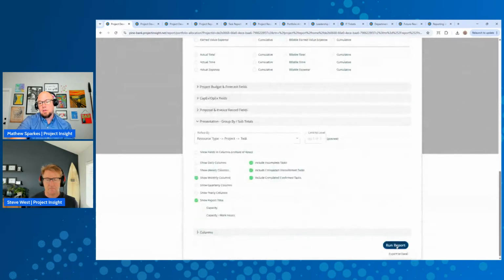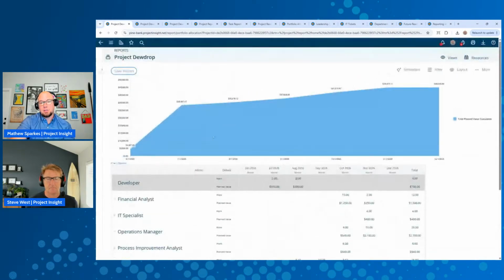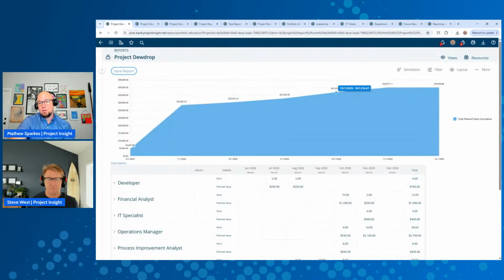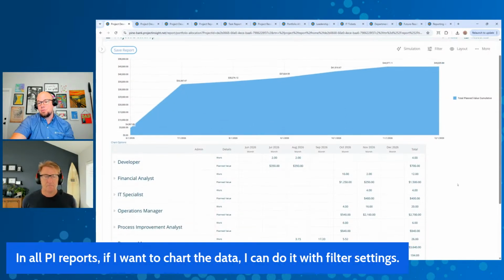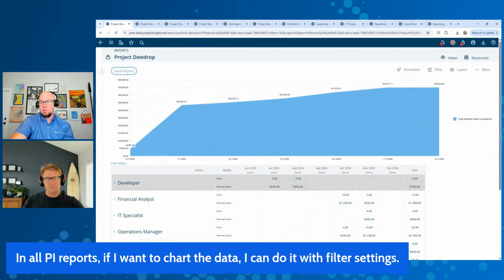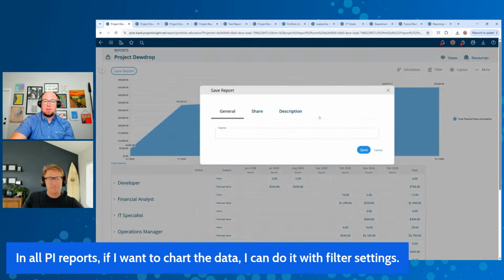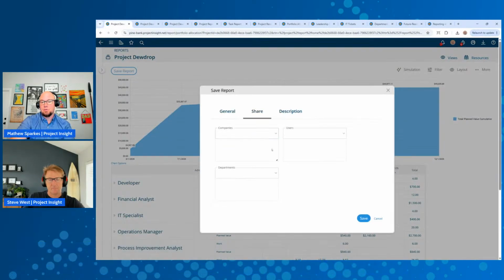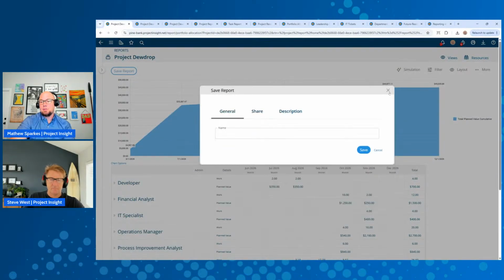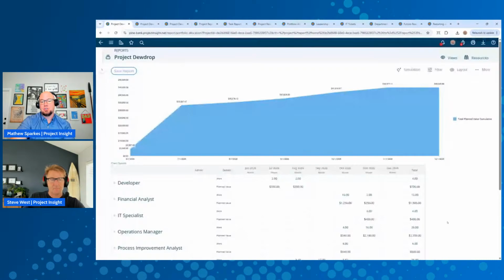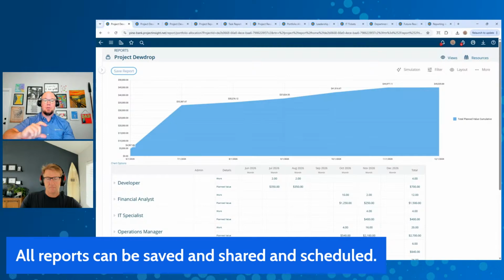And I'm going to rerun this, and then I'm going to actually see how those dollars add up over time through the rest of the year, because I know Steve likes to see these visually. I can now save this and share this with Steve so Steve can see this. This is powerful though, because if your organization uses standardized reporting that each PM needs to deliver, they can see it in the standardized format across the board, and then we'll show in a moment how this rolls up into